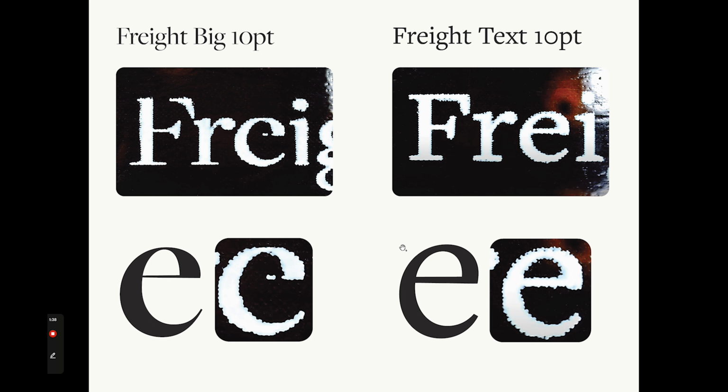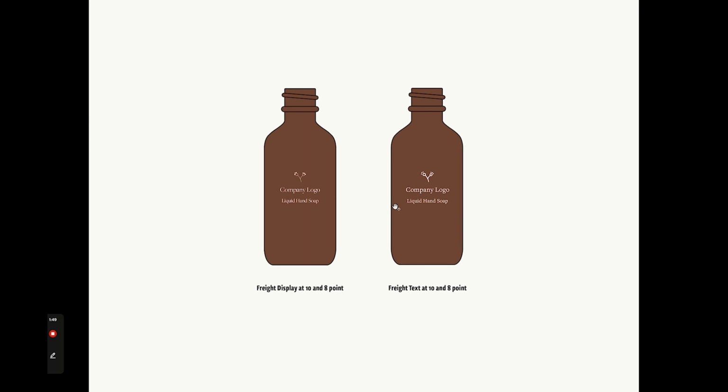However, when we look over to the text weight version, because it's lower contrast, this is going to print much cleaner and the text will be much more legible. So what does that mean for your design process? Well, of course, we would recommend against choosing the higher contrast fonts, especially at smaller sizes. And if you have the option to use a text weight version of the font, that would be really important